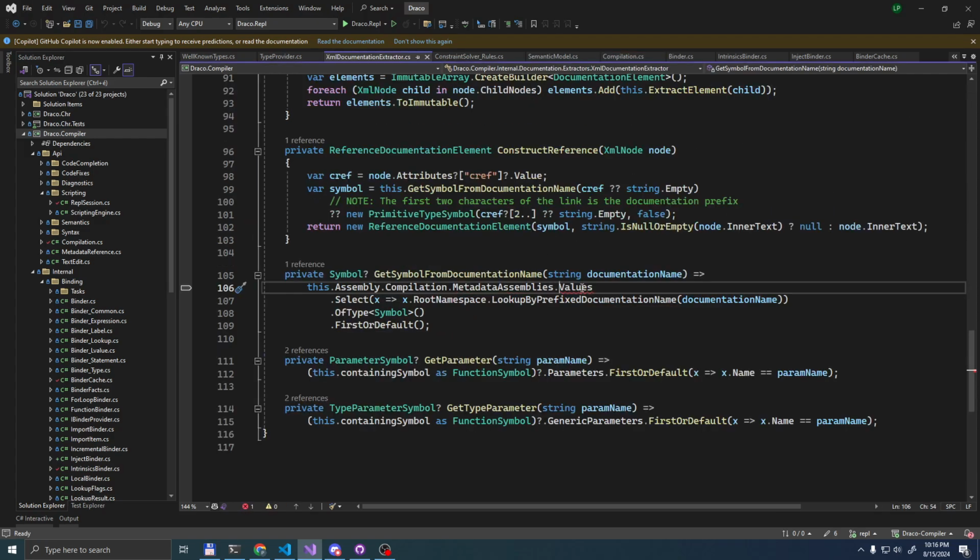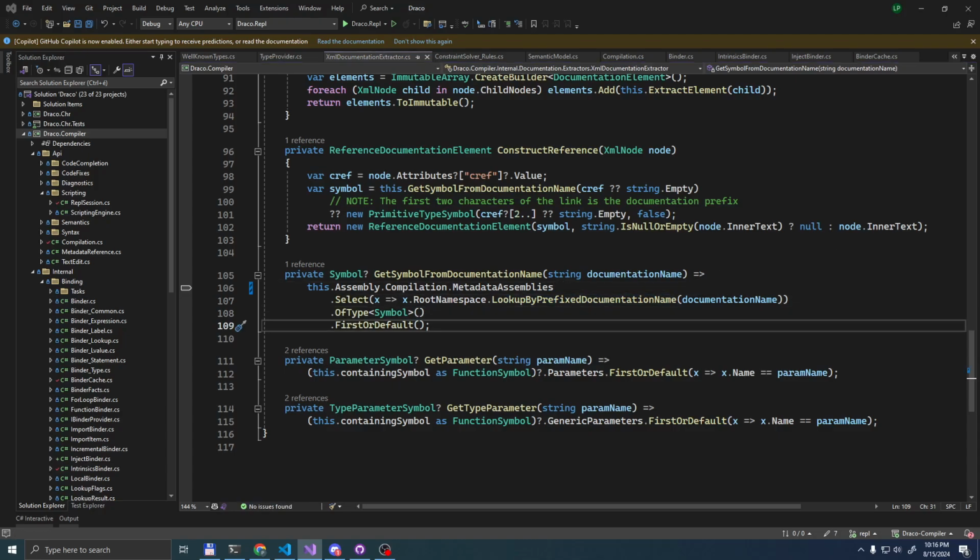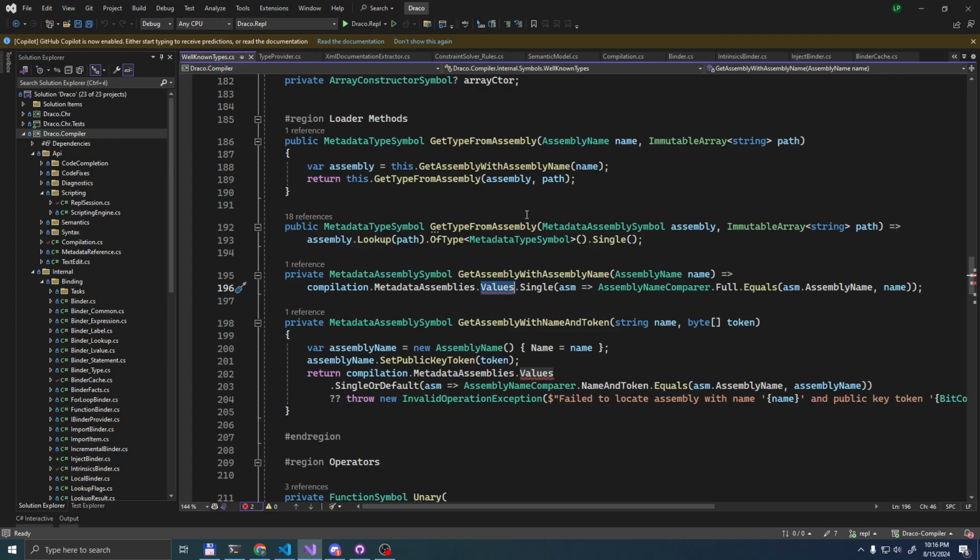The usage sites need the most minimal fixing, fortunately. It's like it was meant to be this all along.